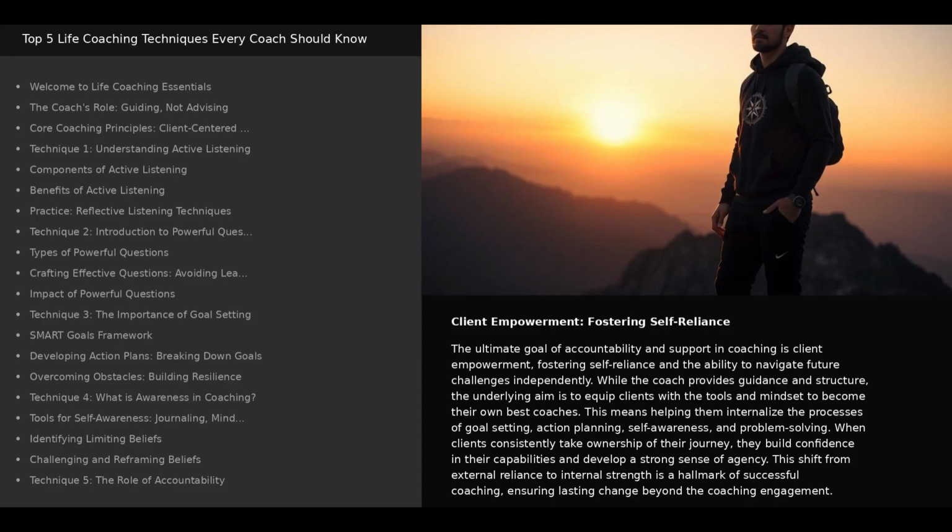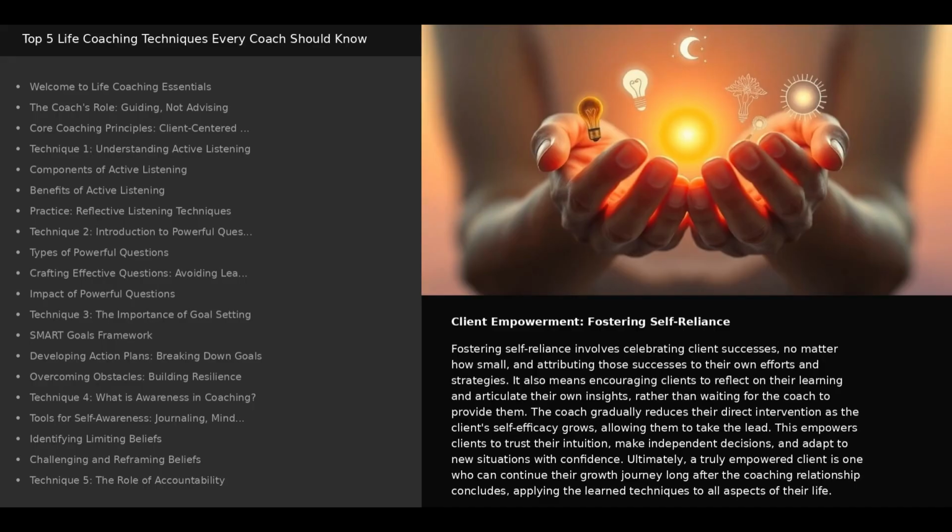This means helping them internalize the processes of goal setting, action planning, self-awareness, and problem-solving. When clients consistently take ownership of their journey, they build confidence in their capabilities and develop a strong sense of agency. This shift from external reliance to internal strength is a hallmark of successful coaching, ensuring lasting change beyond the coaching engagement. Fostering self-reliance involves celebrating client successes, no matter how small, and attributing those successes to their own efforts